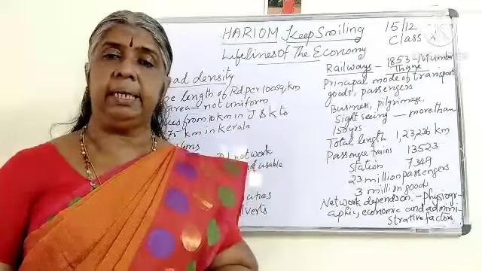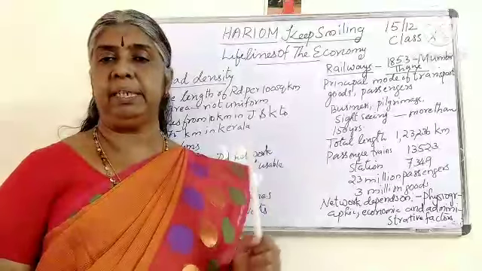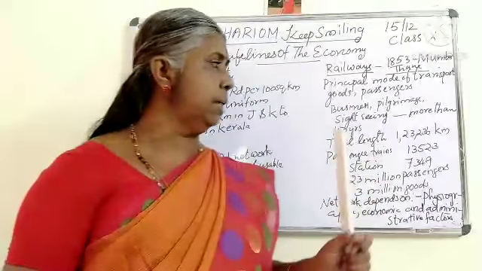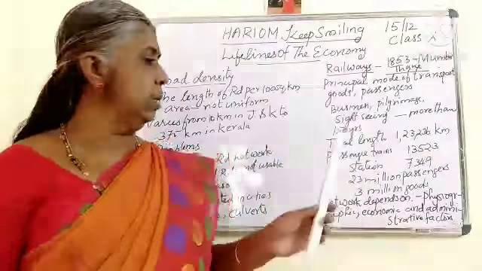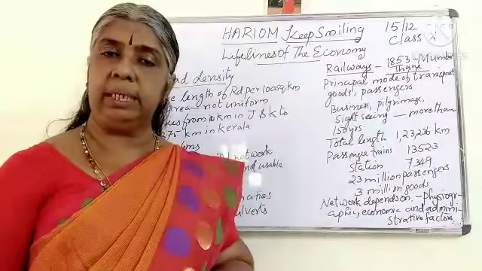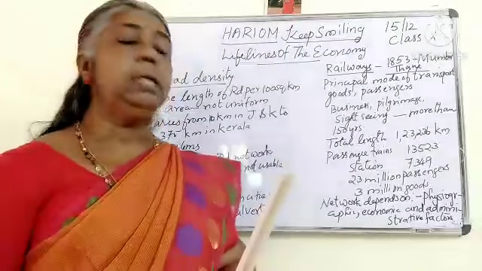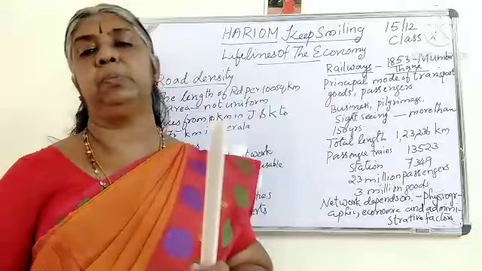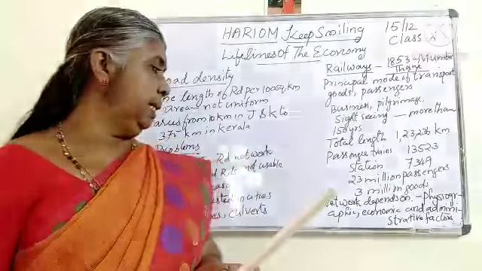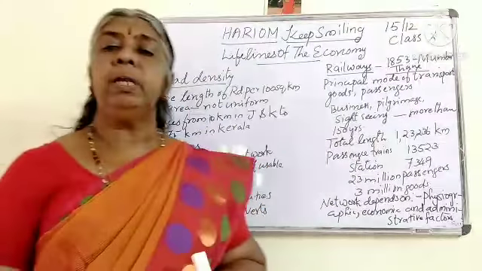Now 150 years are over since our railway lines started, and its total length covered, as per the latest data, is 1,23,236 km. 13,523 passenger trains are there, 7,349 stations are there, and 23 million passengers and 3 million tonnes of goods are transported by the railway lines. Okay, so we know